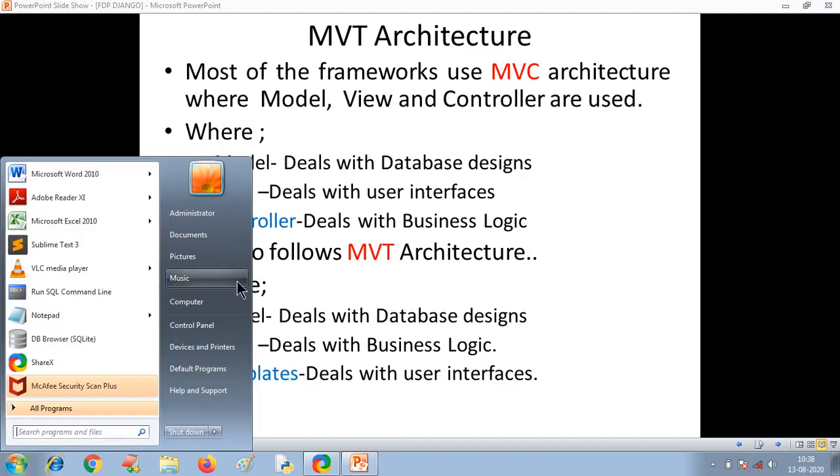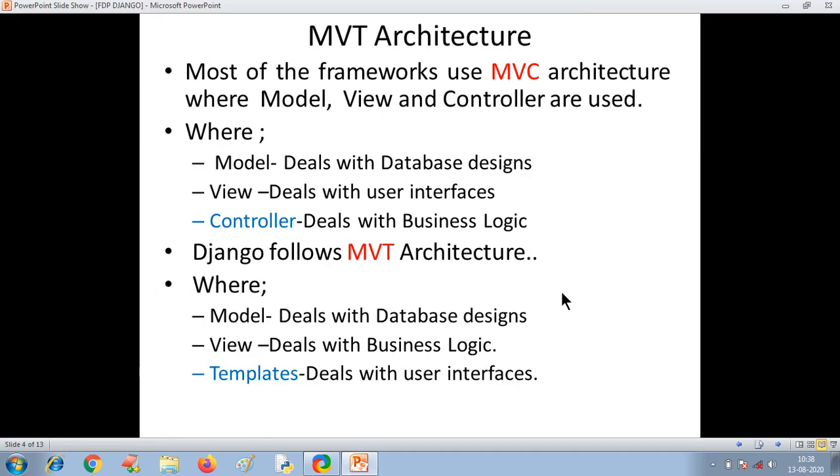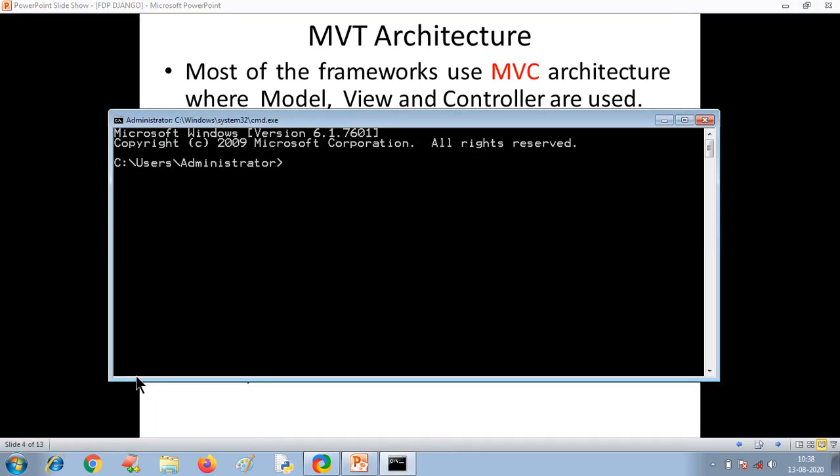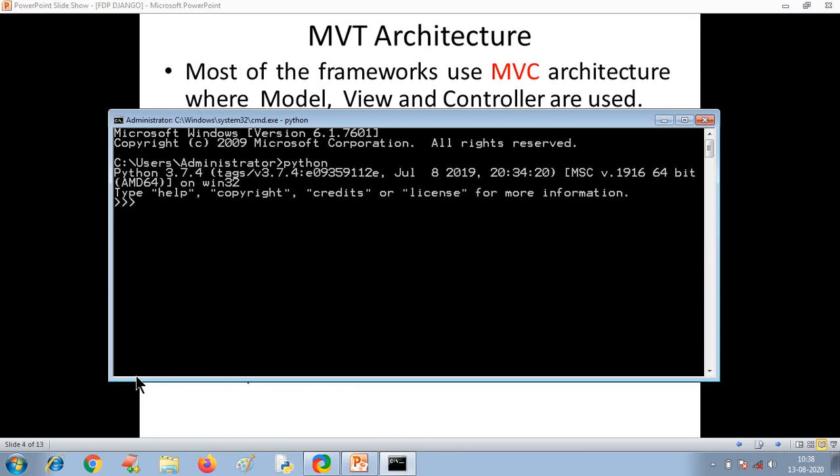Windows, type CMD. This is your command prompt. Here you need to type python. You must get the version here. You can see here the version is Python 3.7.4, which means Python is already installed, because I have already installed it in my system. That's why it is showing the version.